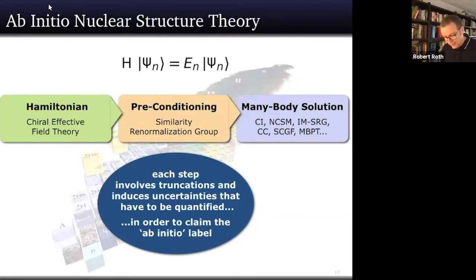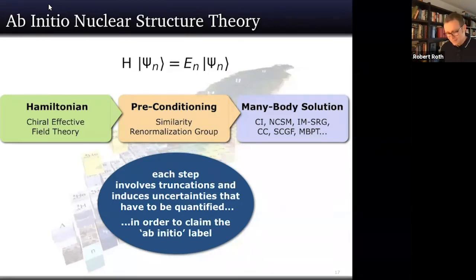In principle, you have to be honest and go through each and every one of these steps and each and every one of the sources of uncertainties and at least try to quantify how much this truncation affects your final observable. You want to have a theory error bar for your final energy or your final radius, which takes into account all this mess that has happened in between. All the mess that has happened from this pure Schrödinger equation, or even before that, because this already contains all the choices you've made for the interaction.